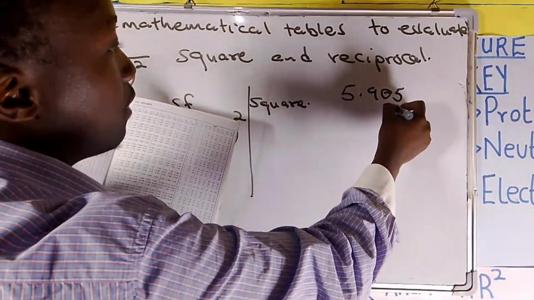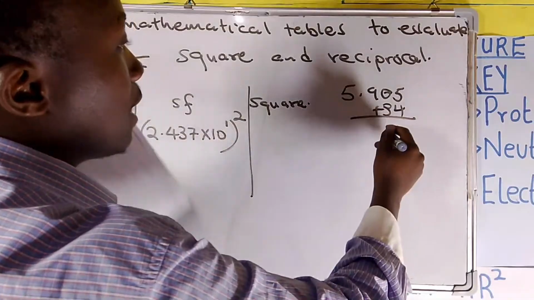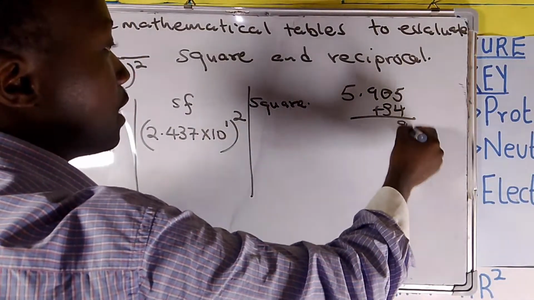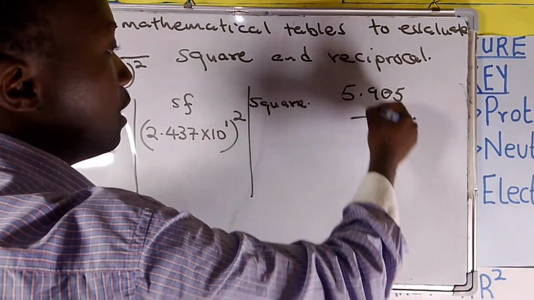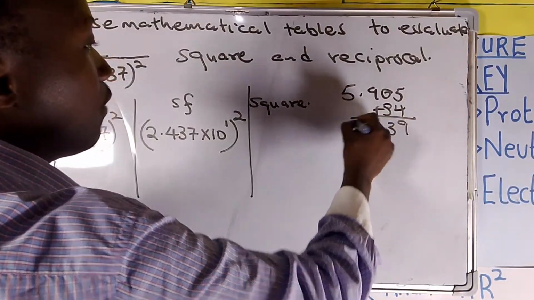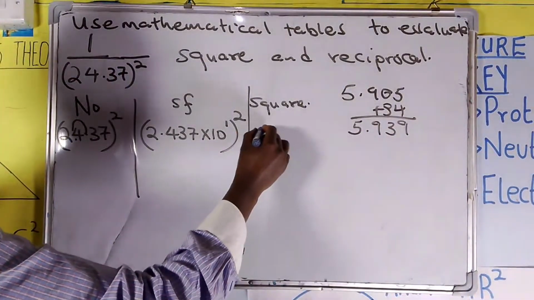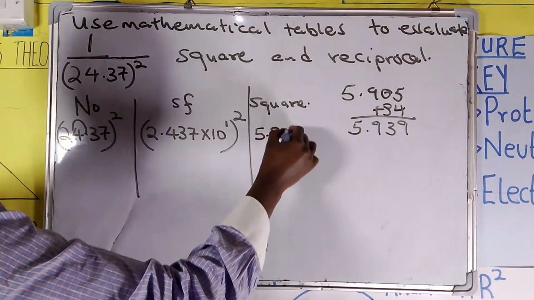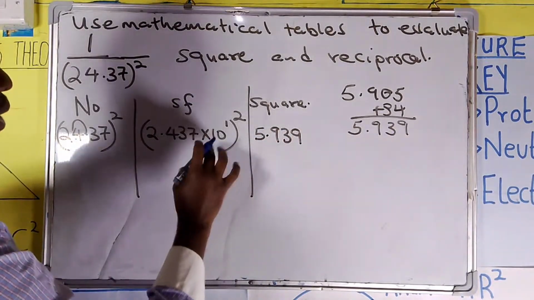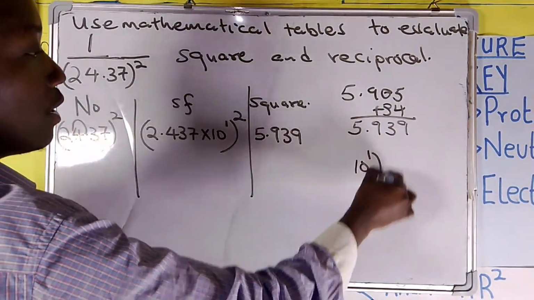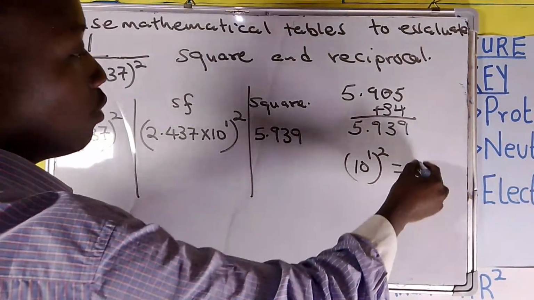You will add 34. Once you add 34, you will get 5 plus 4 is 9, 0 plus 3 is 3, 9.5. So we are going to get 5.939. Then when we square 10 to power 1,